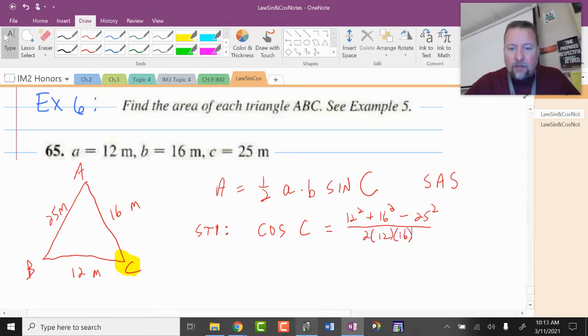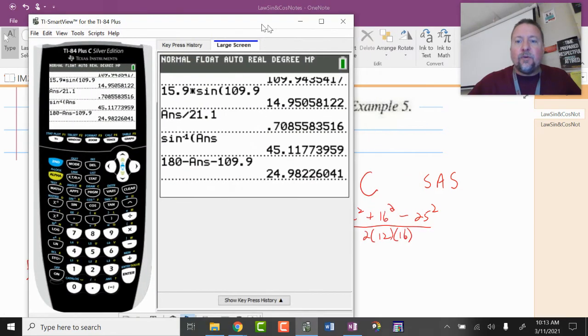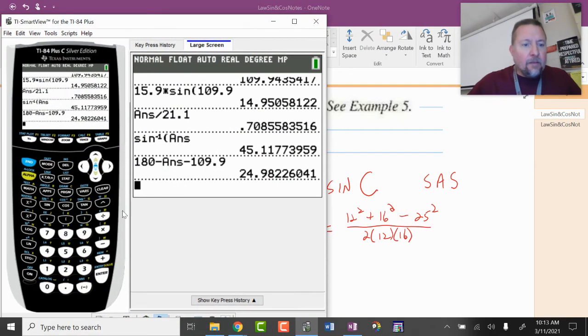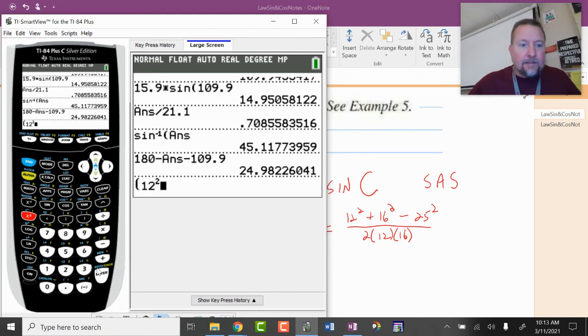Good thing I have my calculator open, and I'm going to go through those button pushes again. I'm not going to use the fraction button, but you go right ahead. If you use the fraction button, you don't need parentheses. Plus, I must hit minus 16 squared, minus 25 squared. Close it, divided by